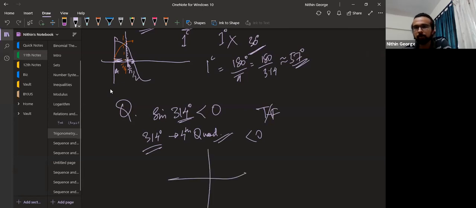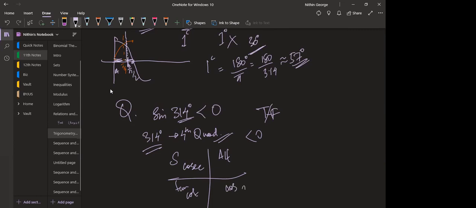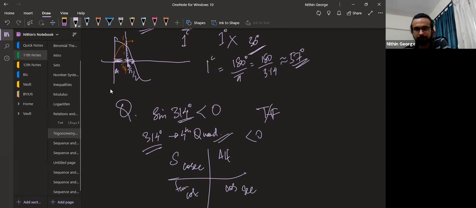So guys, anybody who doesn't know this, please tell me. In the first quadrant, all of them will be positive. In the second quadrant, sine and cosec will be positive. In the third quadrant, tan and cot will be positive, while everything else is negative. In the fourth quadrant, cos and sec will be positive. Got this? I think all of you know. Please ask. Okay, I'll give you one more question.